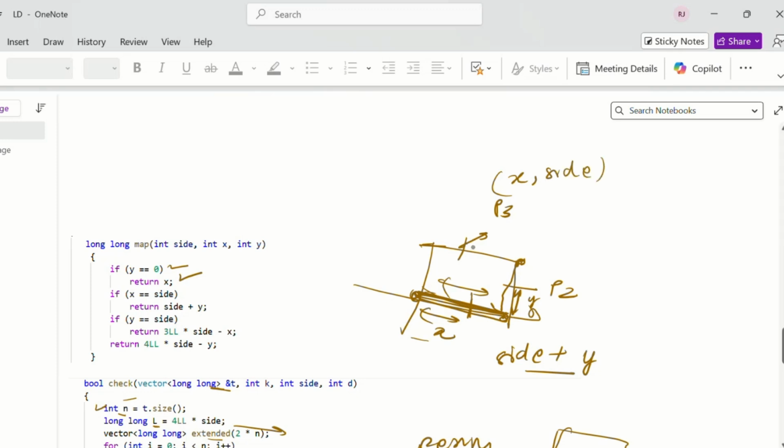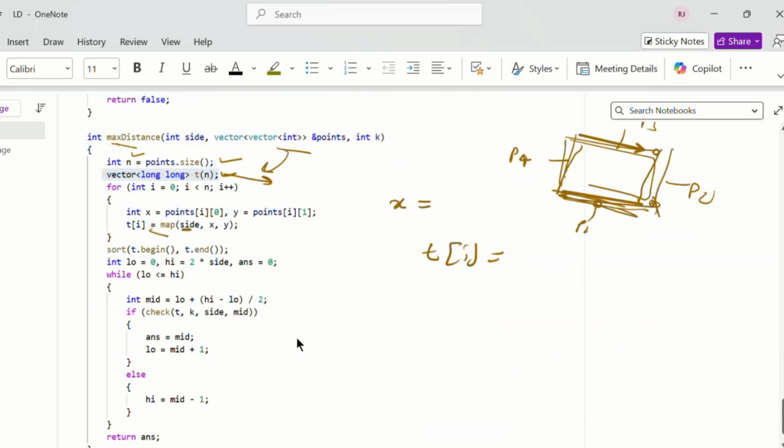For this, I can find 3 into side minus x, where x will be this distance. And if it is located somewhere on the left side, the P4 point, then I can find 4 into side minus my y coordinate. Like that, I can change my 2D array to a 1D array.